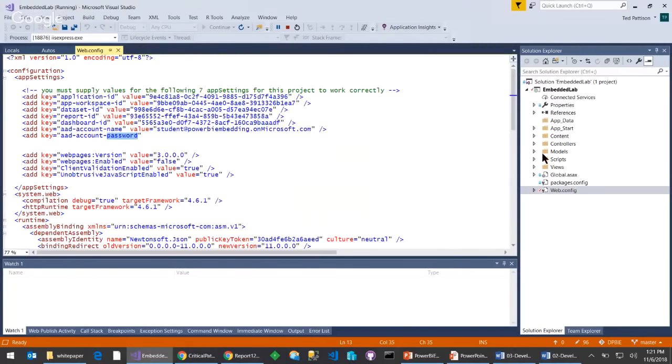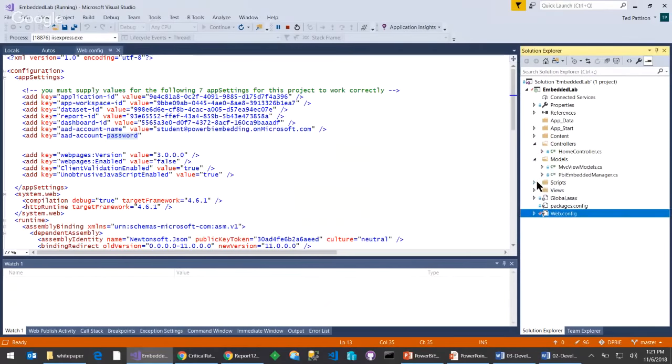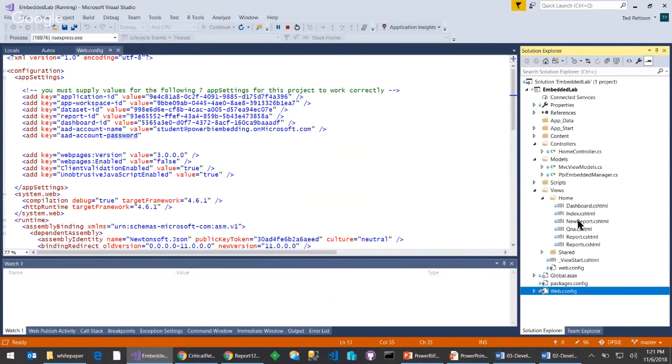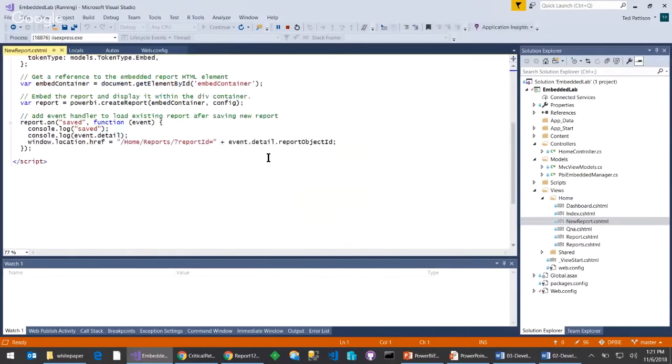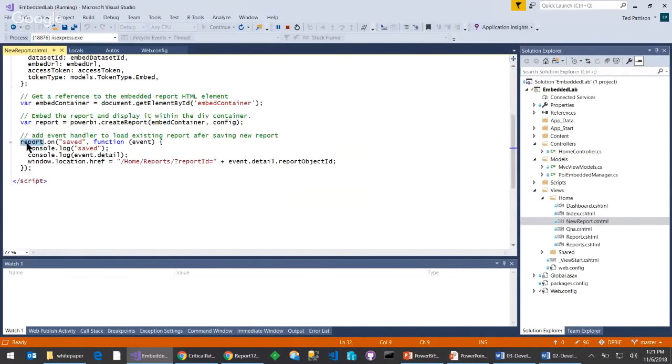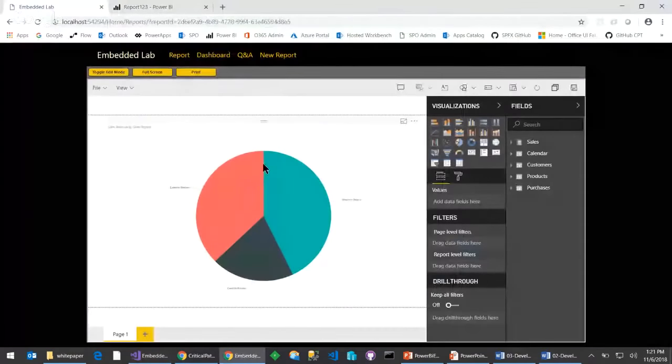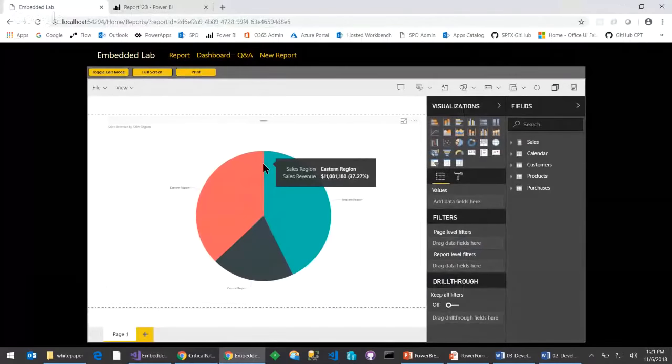Let's go back here. And if I now dig into some of this code right here, for instance, if we go down to the views, and now we go to home, and now I go to new report. One of the things that you can see here is that, as someone clicks save, a client-side event handler fires. And so I can basically just redirect and get back to the embedded report over here. Okay, so it's a little bit extra code to do that save as redirect,